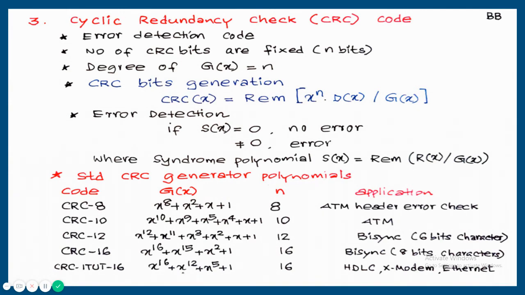This CRC has been used for the HDLC protocol, high level data link control protocol, that is the HDLC network, then XMODEM, that's a modem communication, then the IEEE Ethernet network. There the frame is going to be transmitted with these 16 CRC bits, so the receiver can do error detection. For all these cases, the number of data bits is not fixed. Only the number of CRC bits, that is the number of parity bits, is fixed.